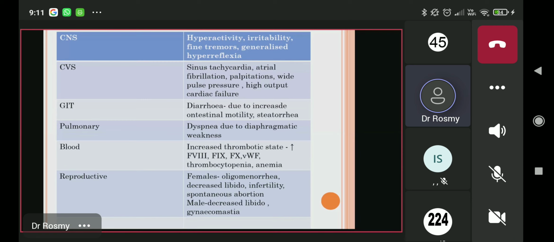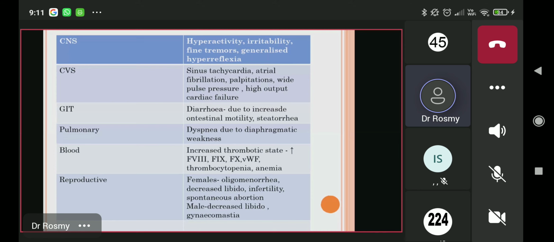And otherwise the patient will say, whatever I eat, I have to go to the toilet again and again. This is another complaint they will come with. Diarrhea. It is not that the patient is having any infection or something, but there is a hypermotility. The peristalsis is fast, so there is a generalized increase in intestinal motility. And since whatever you are eating, you are going to the toilet very fast, there is no nutrient absorption. So there is steatorrhea also, and these patients will lose weight. They will say, I eat a lot, but my weight does not increase. So that is one thing the patient or the parents might complain.